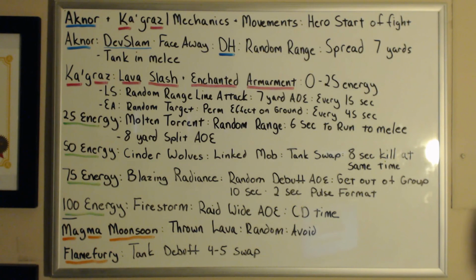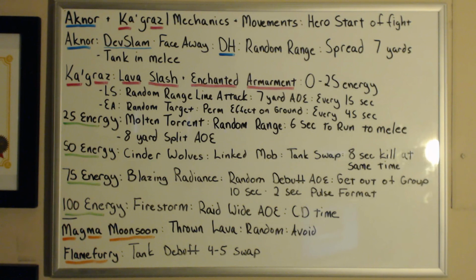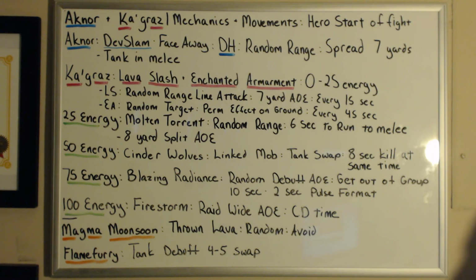The next is Flame Fury, which is a tank debuff. I'm not 100% sure if Flame Fury starts at the beginning where there's 0 to 25 energy, so you start doing swaps right off the bat when the stacks are there, but it lasts for 40 seconds, and they recommend a swap at 4 to 5 stacks, and that's listed for Heroic, so I imagine we could probably go a little bit higher on Normal when we attempt it tonight. But at the same point, let's just make sure that we look for it and do the proper swaps as we need to. I'll be putting together our layout as far as how we're going to deal with the encounter